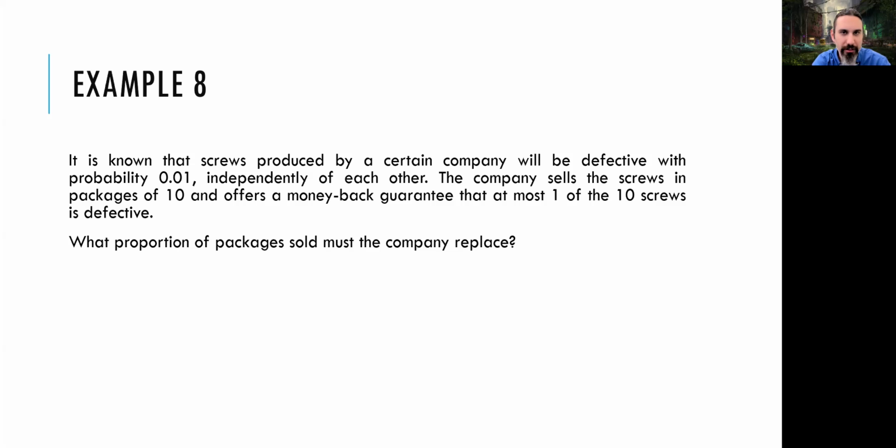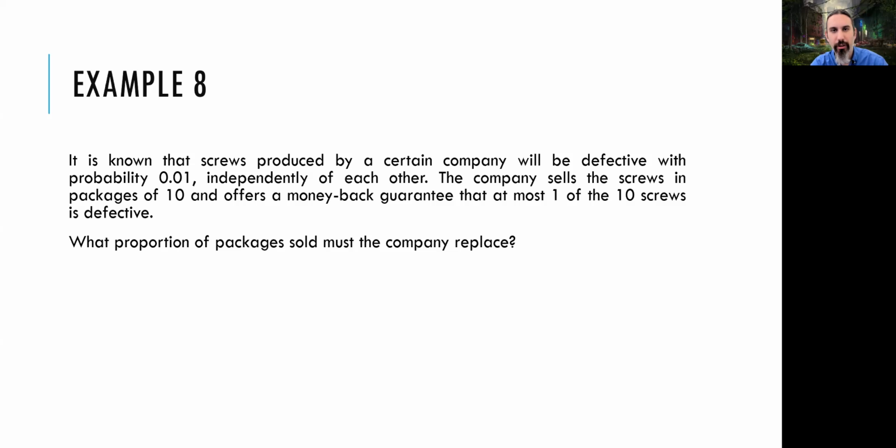So what we need to do is just find the complement, because when you're talking about finding more than one screw defective, you're talking about 2, 3, 4, 5, 6, 7, 8, 9, and 10. 9 different solutions. No, I don't want to go in there. Instead, I'm just going to find the probability that the number of defective screws is 0 or 1, because it's just two calculations, and I'll just subtract that from 1, and that will be the probability we are looking for. So what we need to find is the probability that there are no defective screws inside that batch, and that there is one defective screw inside that batch as well.